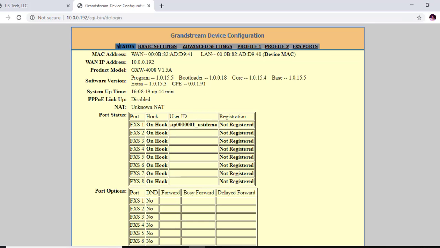Okay, now in status you can see that none of these ports or trunks are registered. They're non-registered. Okay. One thing you want to do first is go into basic settings,